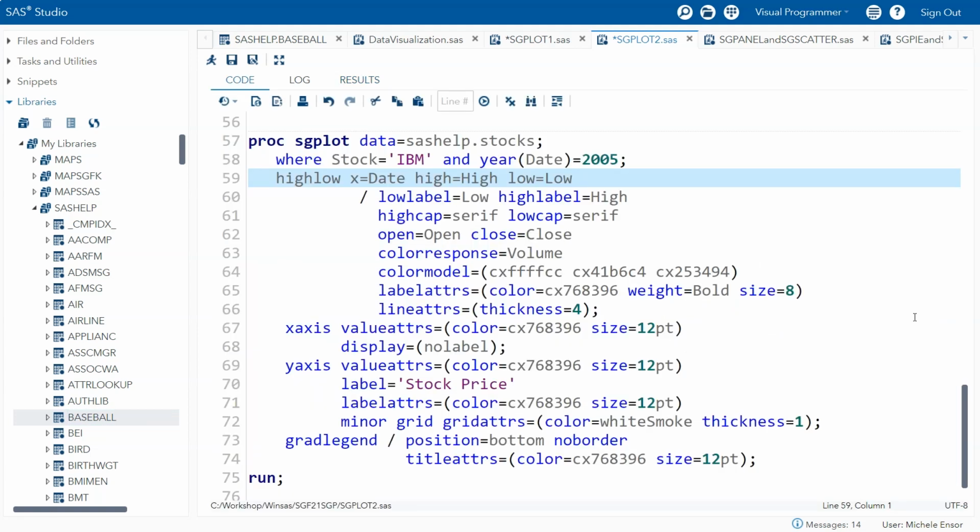Just to go back to that code one more time. That's a lot of syntax. That's a lot of options and statements. My suggestion to you is that you give this a try. You type this up one statement at a time, one option at a time, to see the difference of what each item will do for you. Wow, your head might be spinning. That has been a lot of syntax for us to look at.